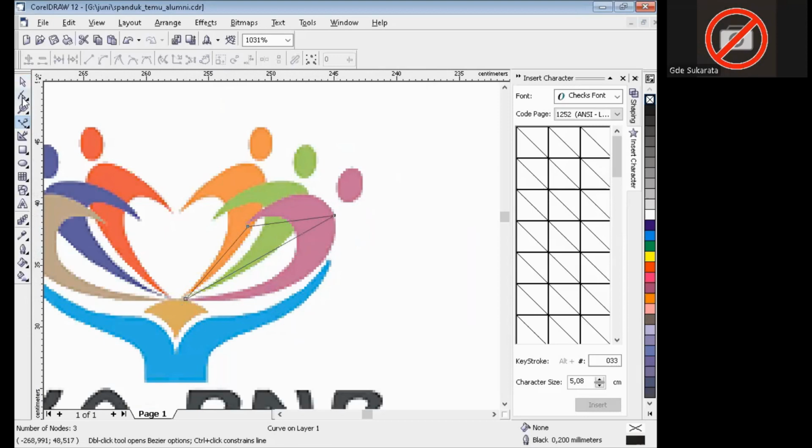Okay, just like this. Yeah, use shape tool and make convert line to curve. You can plagiarize this. Okay, like this. Yeah, like this.